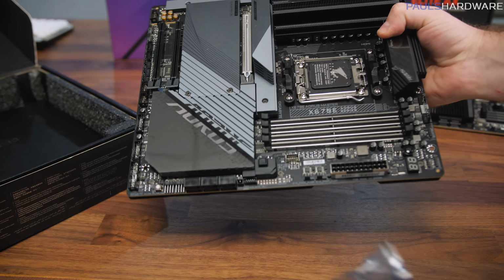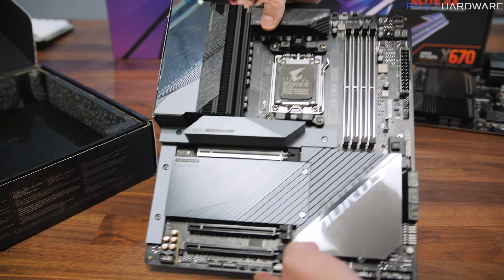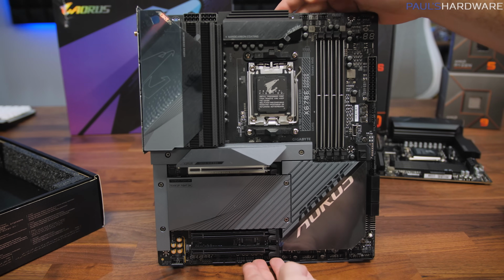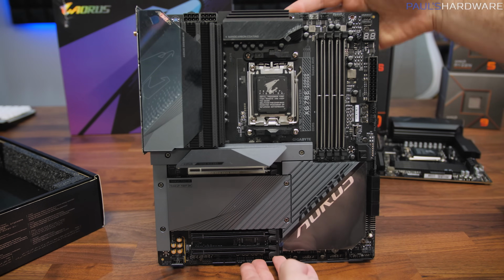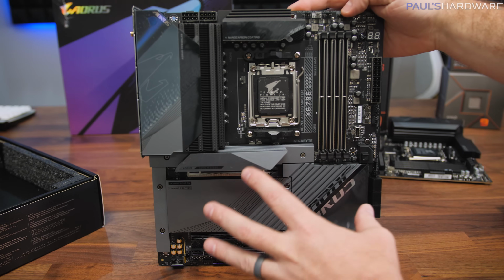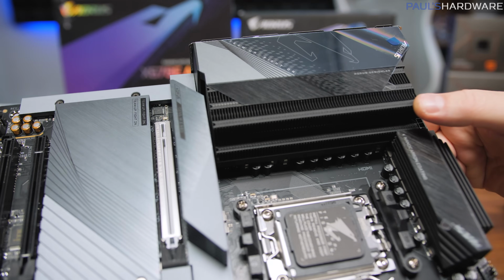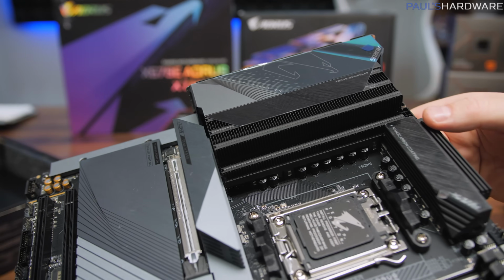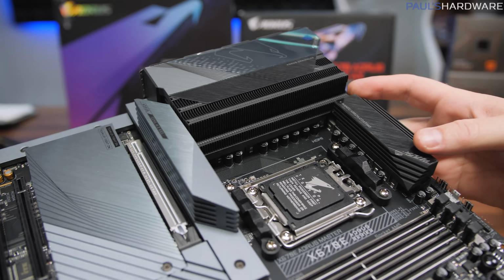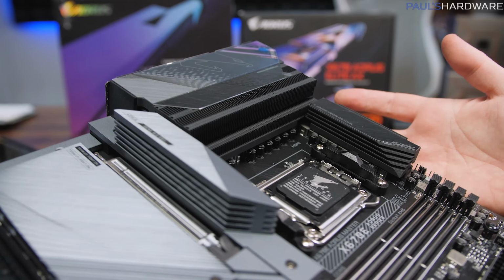But look, even though this is not the extreme, this is still an ATX board. This is, well, this is big and heavy. So wow, Gigabyte, just look at this. Look how huge it is. Are you sure this is not the extreme? There is another board beyond this that is even more extreme than this is. Look at these fin stacks that they have up here for cooling of the power delivery. That's insane. This board also has twin digital VRMs, 105 amp MOSFETs, and it is a 16+2+2 phase power delivery